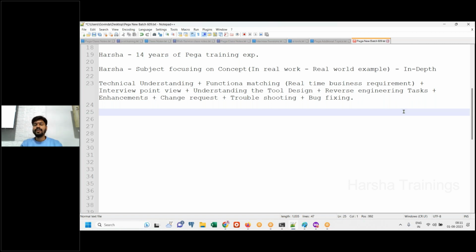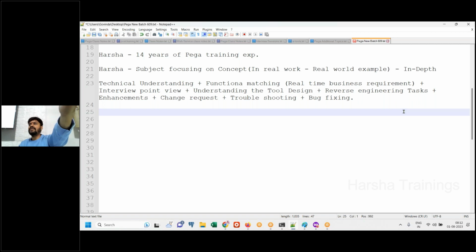where if you are given a requirement to create anything from scratch, or already functionality is available, someone created it 6 months back, you want to enhance it, business is looking for enhancement, then you should be in a position to reverse engineer the existing functionality, understand it, and matching to it, you need to enhance it. Okay, or there is some problem with already available functionality, that problem business wants to fix now,